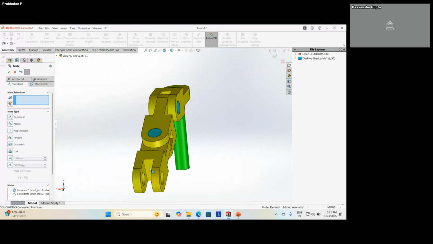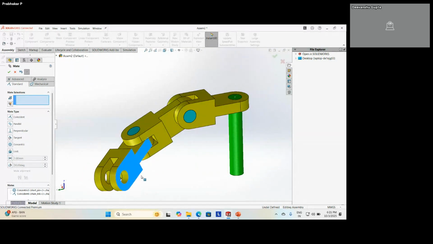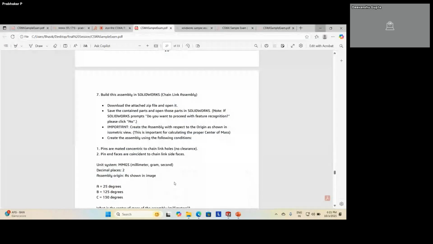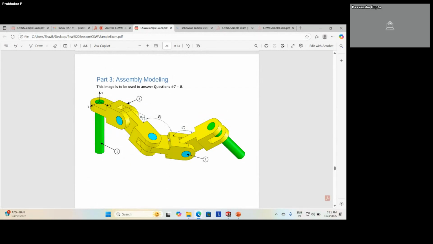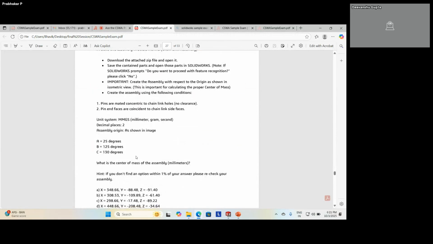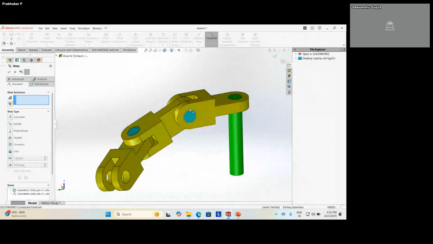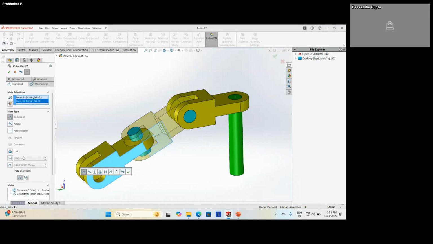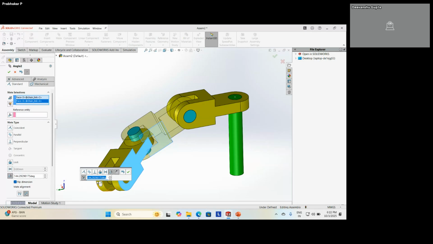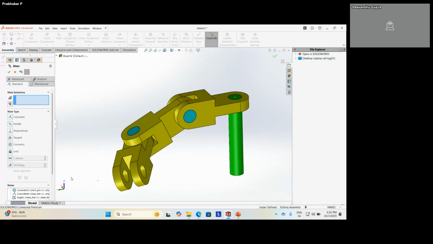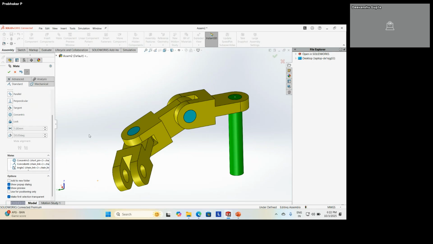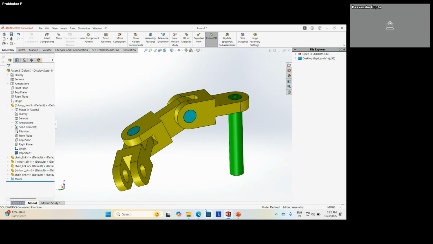Now, there is an angle over here also. If you see this, you can find here B, they have given the angle as 125 degree. So first randomly you select these two faces, go to here also, select this angle, type 125. Okay. Without flipping itself, I got this. So I just gave it okay.